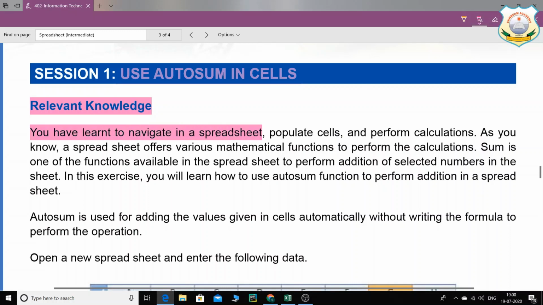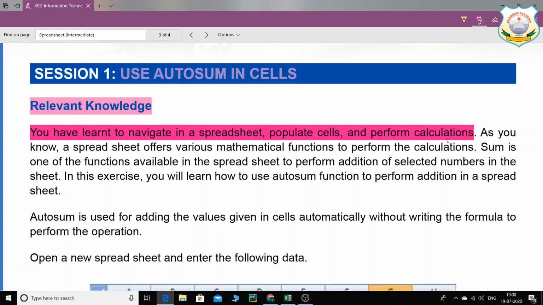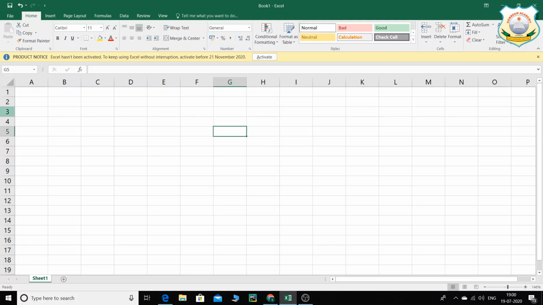to navigate in a spreadsheet, populate cells and perform calculations. Already we know what a spreadsheet is. We know about the rows and columns. This is how a spreadsheet looks. The rows are represented with numbers, and the columns are represented with alphabets. And every cell has an address. If I say what's the address of this highlighted cell, the active cell,